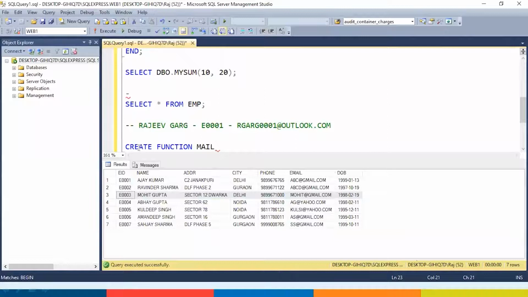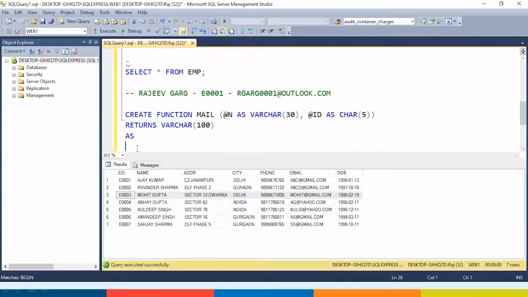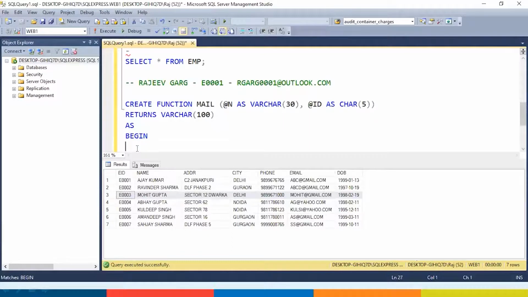Let's take the name of the function as mail and @n as varchar 30 comma @id as char 5 returns varchar 100 as begin.